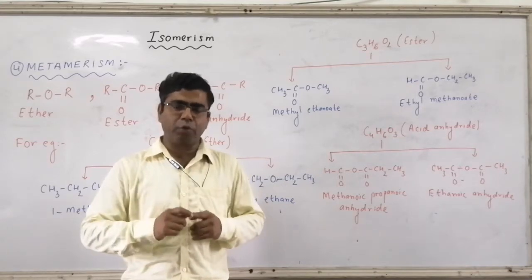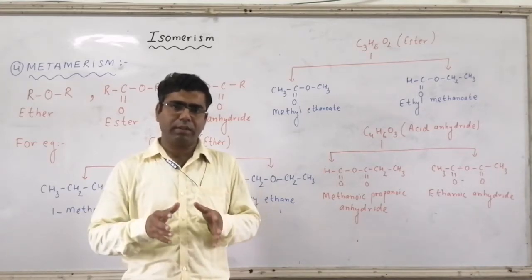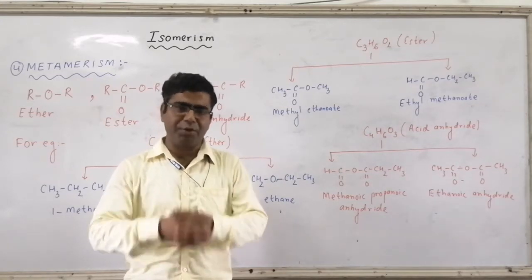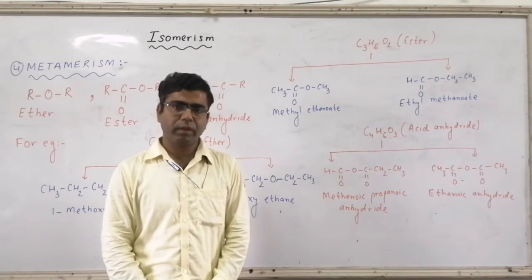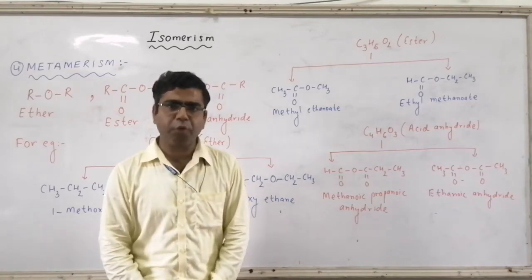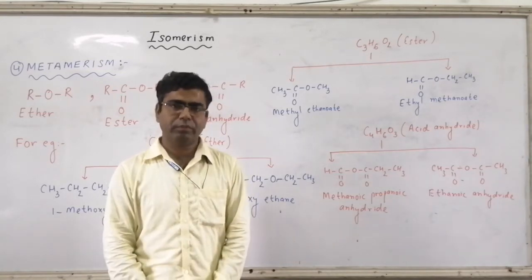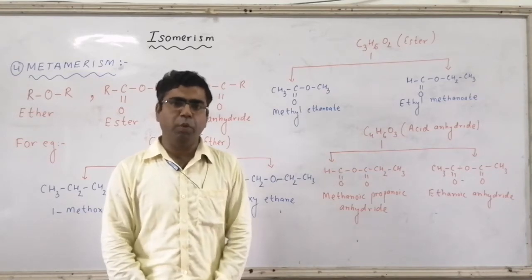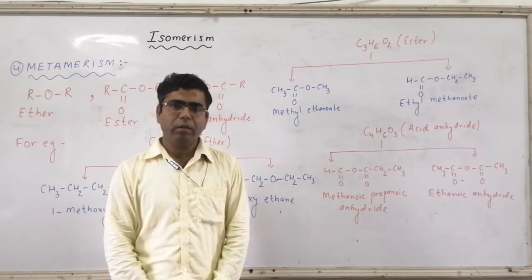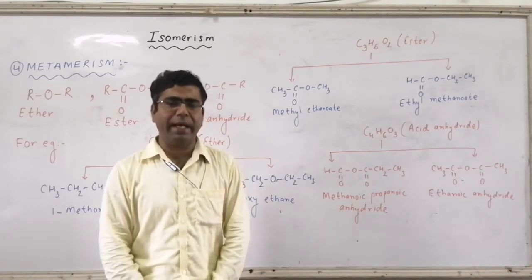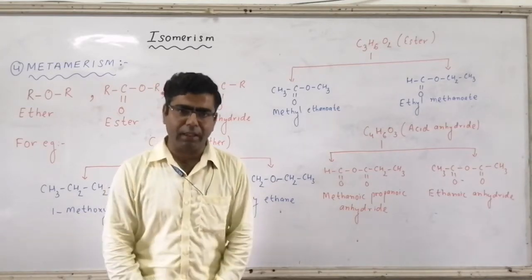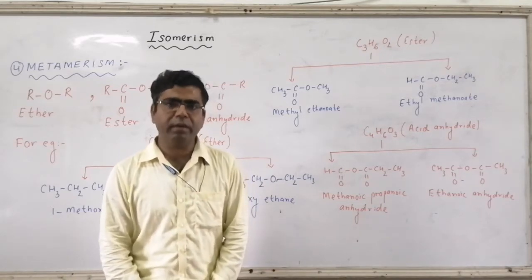In chain isomerism, I have told you that isomers differ by number of carbon atoms present in the parent chain. In position, I have told you that position of functional group is changed, and here double bond and triple bonds are also counted. In functional isomerism, I have told you that the isomers have same number of carbon atom but different functional group.